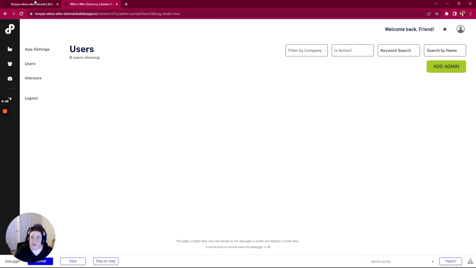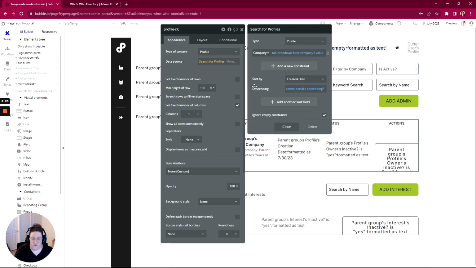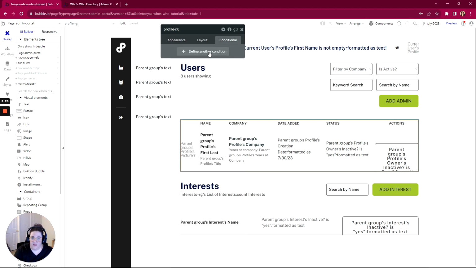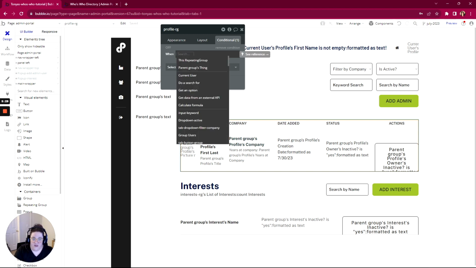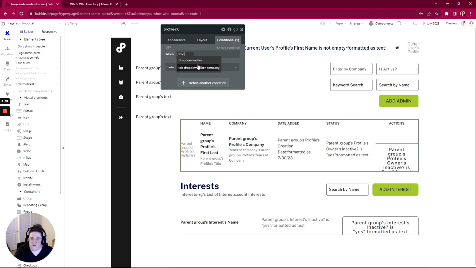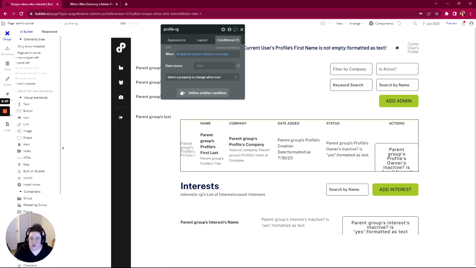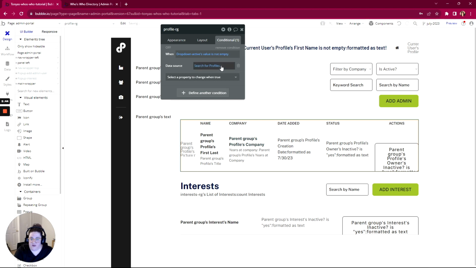So it doesn't, it breaks it. So here we're going to copy this expression, and then I'm going to go ahead and delete the filter altogether, and I'm going to come into the conditional, and I'm going to say when the drop-down active value is not empty, then I'm going to change the data source. The data source, I can copy this expression and bring it in here and paste, and now I can